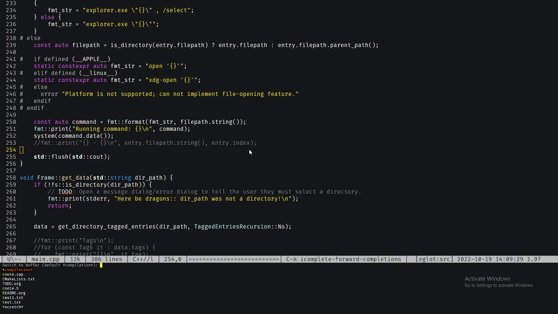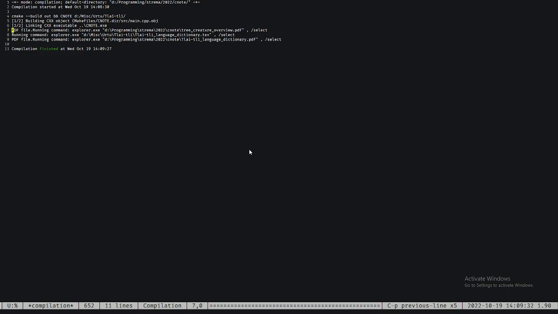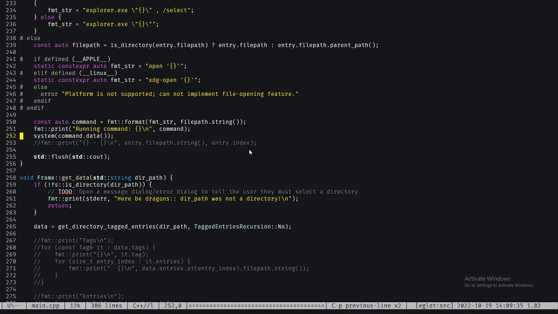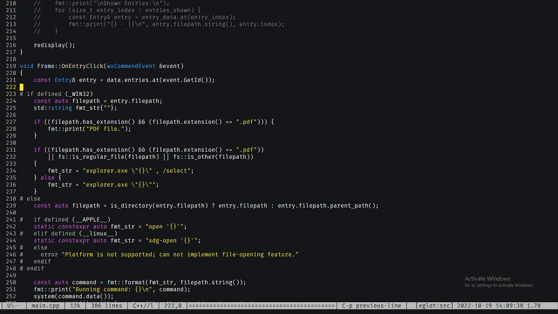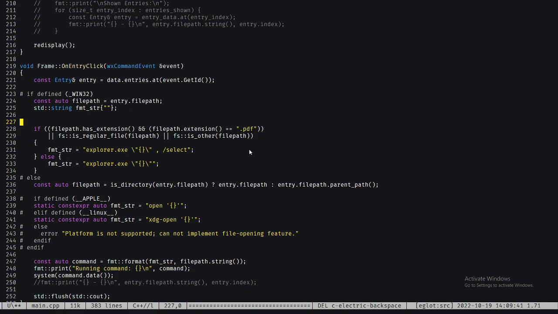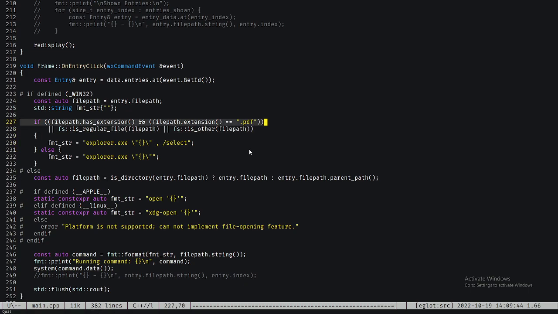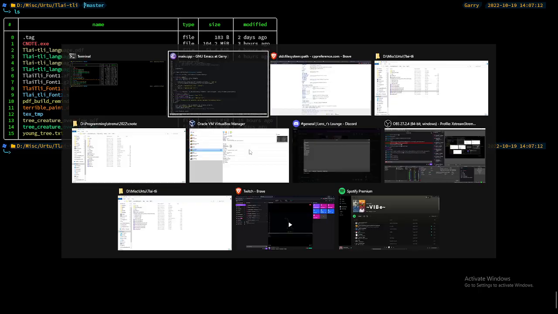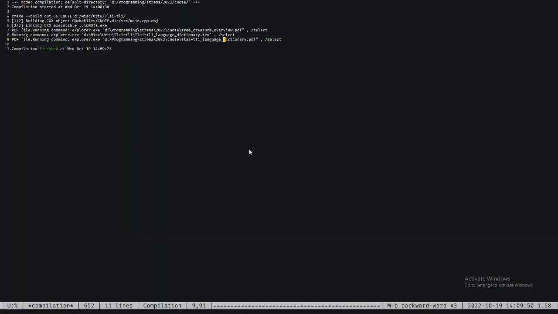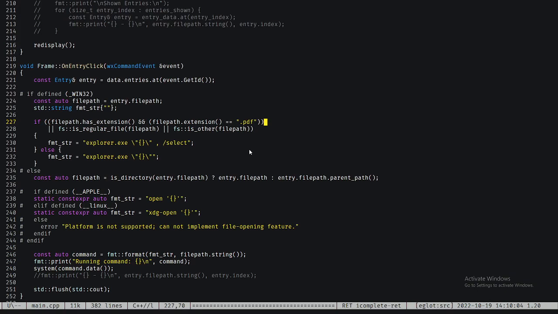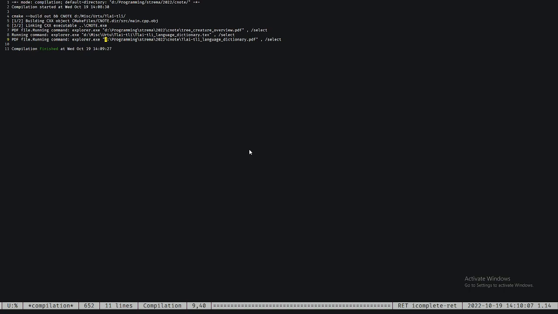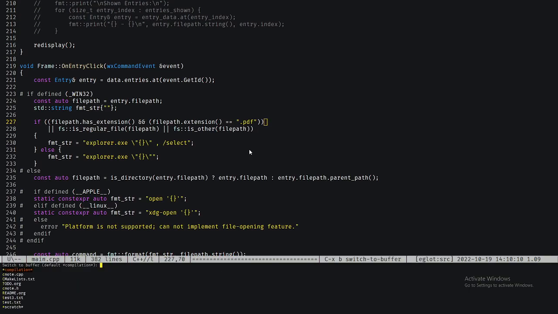And I'm sure, PDF file, running command, blah, blah, blah. So it is PDF file, that does work. Sounds like I'm saying PDF file, it's terrible. So when it's a PDF, we're choosing the wrong command. See how this is, to the, this is the working directory, if that makes sense. So I think what we have to do, this is so odd. So the PDF file added through the tag,